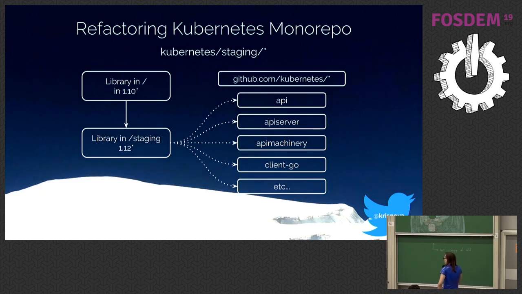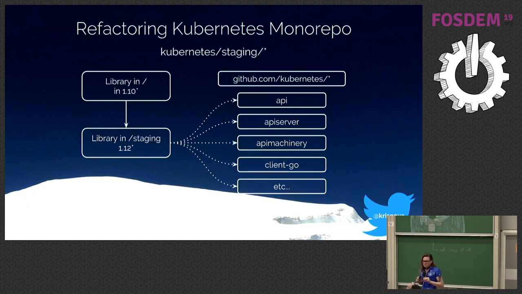We moved those down into this lovely subdirectory called staging over the past couple of versions. Each of those now points to github.com/Kubernetes/ whatever the name of the original package was. And those are actually defined in 2 places. In other words, if you want to define the API package, you could go to github.com/Kubernetes/API, or you could go to the Kubernetes core repo /staging/API, and we actually have 2 copies of the same